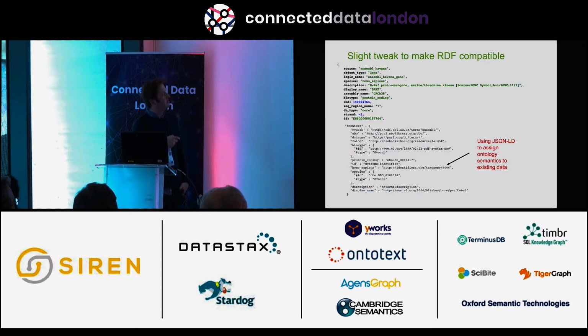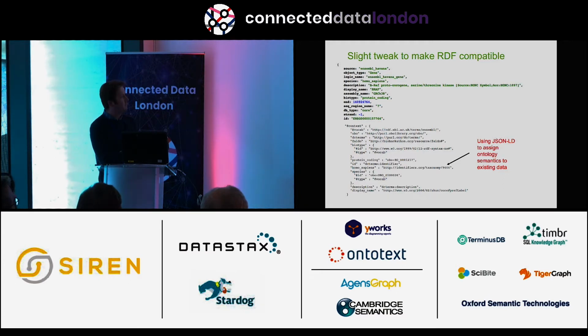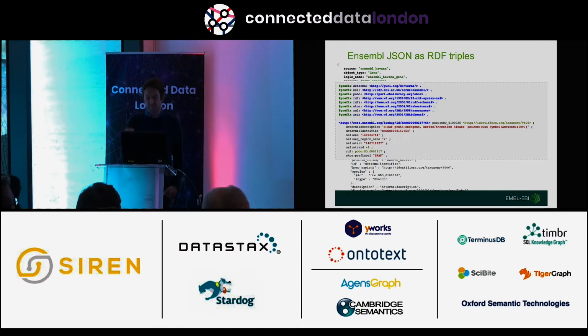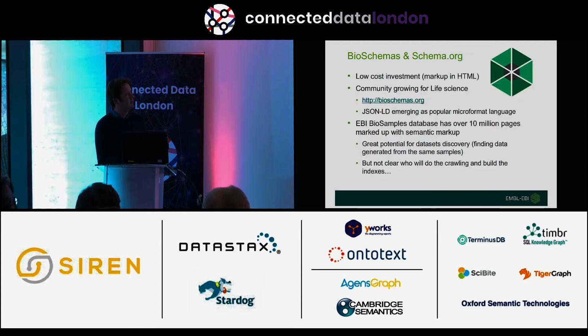So we can define a context for an existing API that wasn't designed for RDF, but they had actually used some ontology concepts, so that we can map from their JSON using JSON-LD, and we get actual RDF out from this API that is mostly aligned with the original RDF that we were trying to generate as part of the ETL process. So it seems plausible that JSON-LD could be a good way for us to generate this kind of RDF data from the sources.